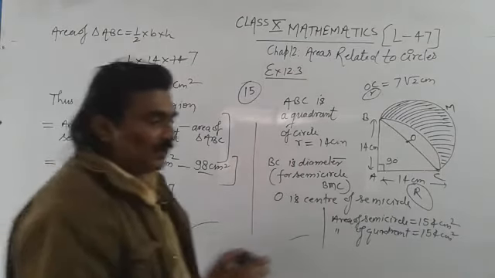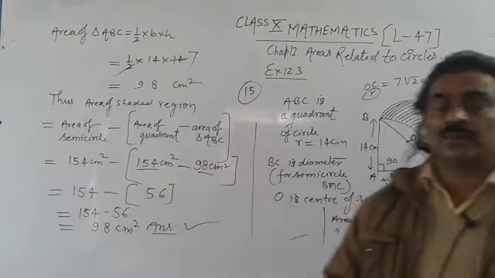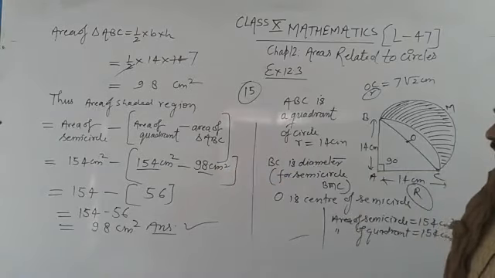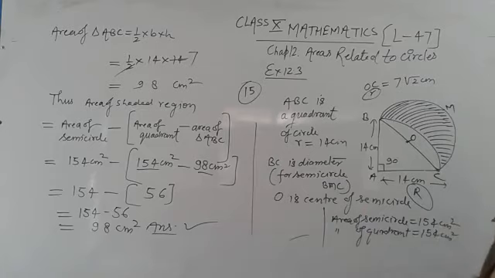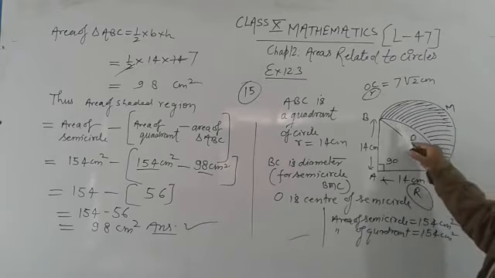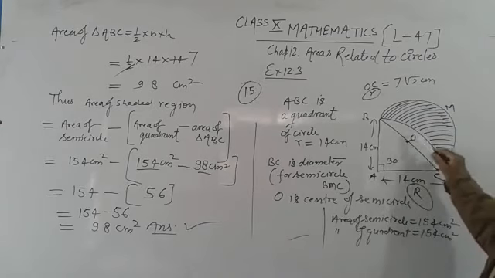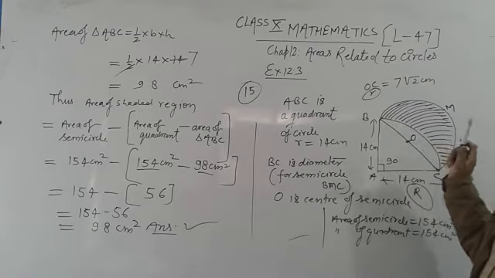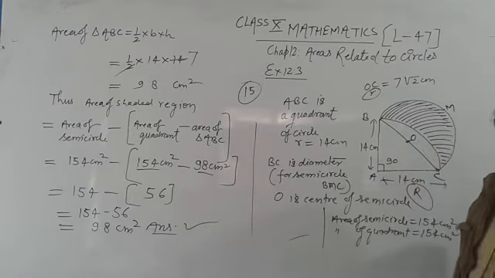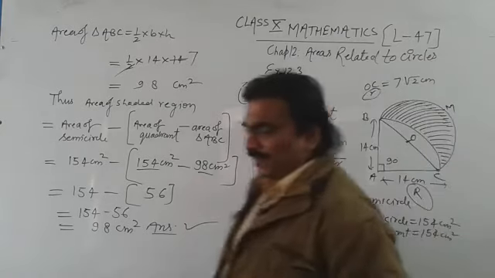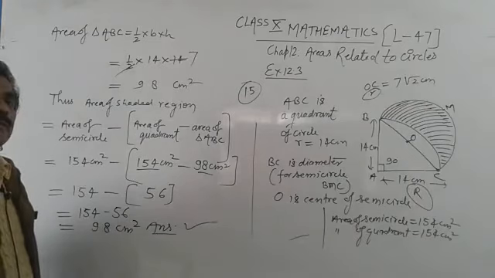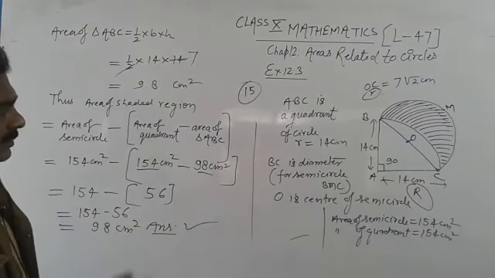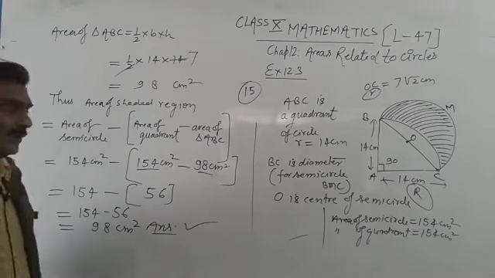You should watch the video 1 or 2 times and understand the question, the language of the question, and how it can be solved. There is a second way to solve this. The way is that first find the area of the semicircle, then find the area of this segment, and subtract the area of this segment from the area of the semicircle. You will get the area of the shaded region. So there are many ways to find the solution, and I think this one is better for you. So see and write the solution.